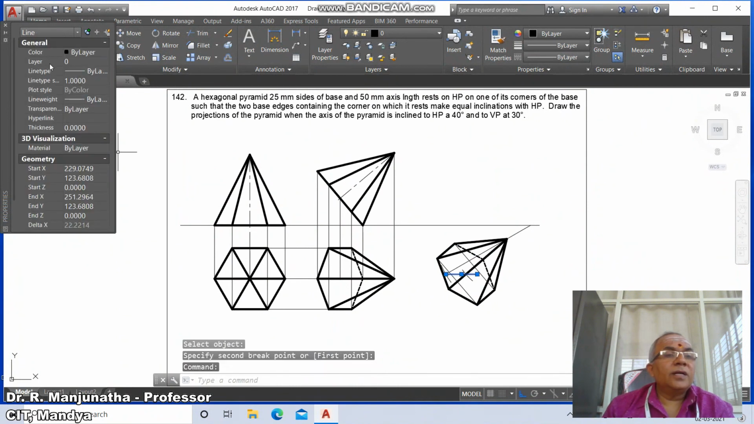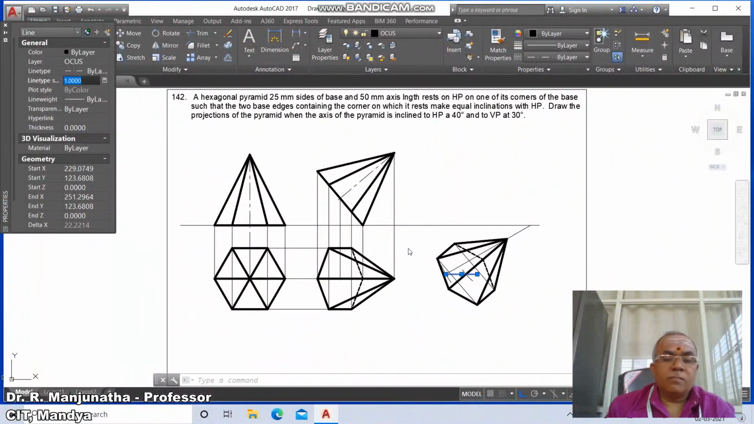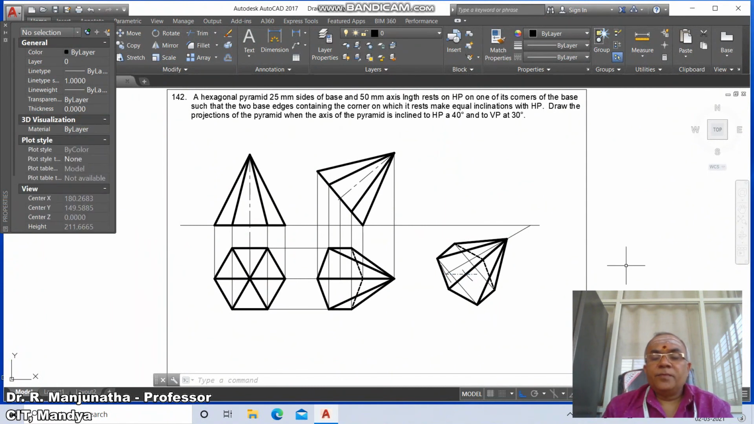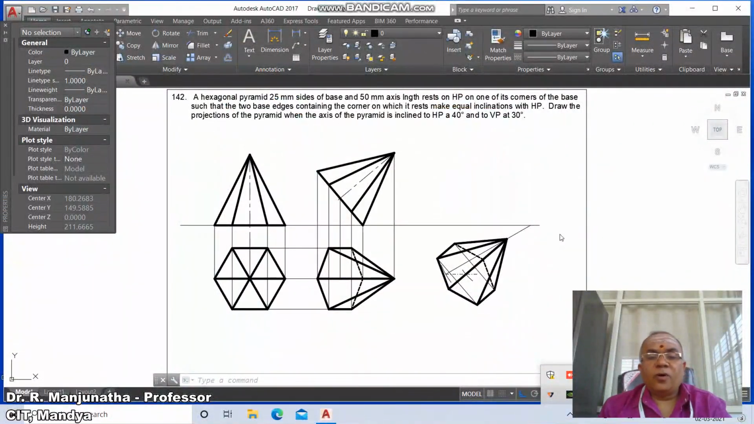line, go to layer, click on this locus, then go to take the distance as 5, then type this as 5, enter, then escape. Now we'll go for